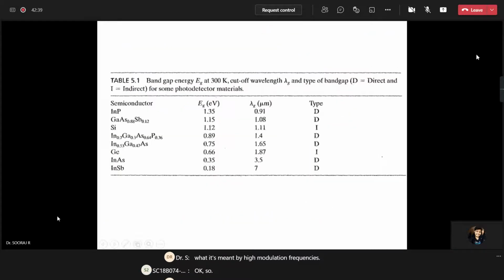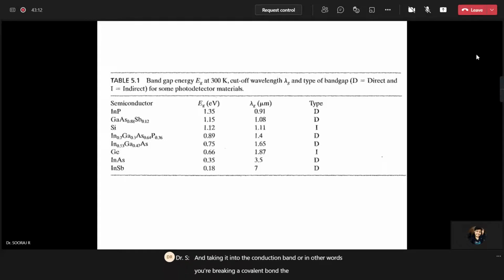Okay, so the photodetectors can be made out of two kinds of materials. Either you can use a direct bandgap material or an indirect bandgap. Generally we prefer direct bandgap. The reason is that the minimum of the conduction band and the maximum of the valence band have the same K value, and therefore it's much easier for you to take an electron from valence band to conduction band. So photodetection is all about taking an electron from valence band into the conduction band, or in other words, you're breaking a covalent bond.